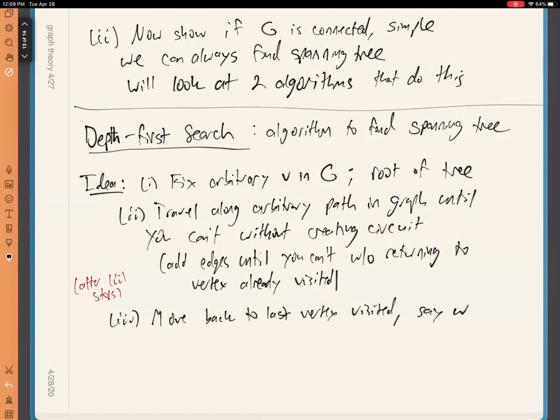And then this vertex W may have some edges leaving it, which you ignored the last time you passed through W. And if it does, well, you'll continue along those edges and you'll repeat the same algorithm again. Repeat the same process recursively, and now we're going to treat W as the new root instead of V. So with W replacing the role of V,